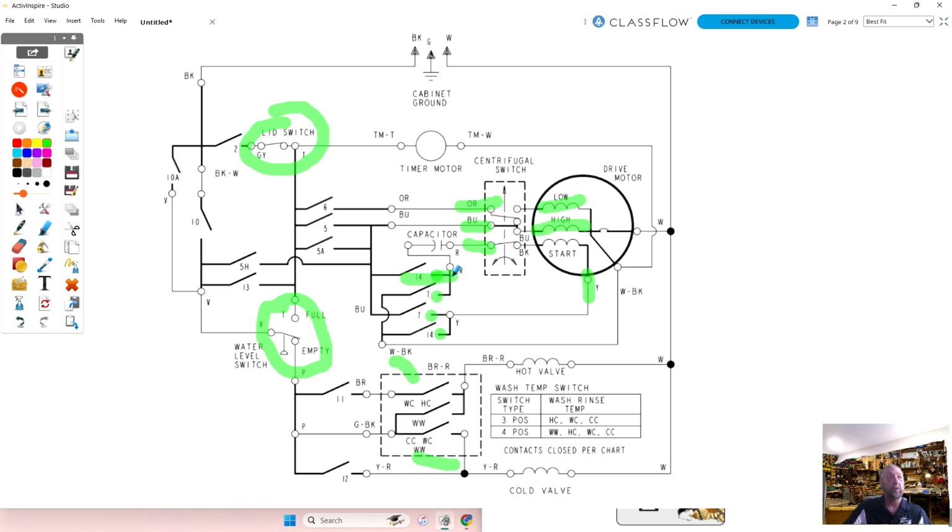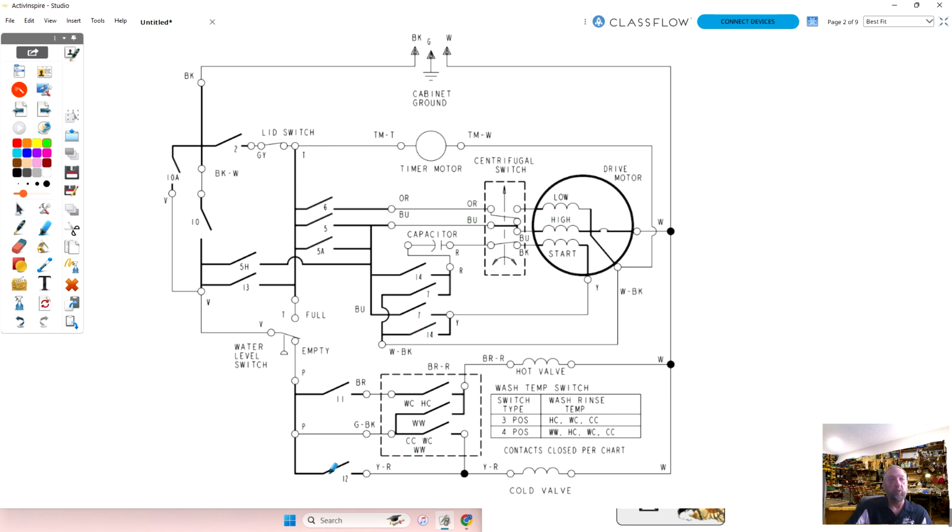And if you see number 14 here, we have 2 of them. That is for the motor to engage for spin. And then the number 7s are for the motor to engage and agitate. And we'll break that down when we look at the timer chart in a minute. But just wanted to point things out on the diagram.